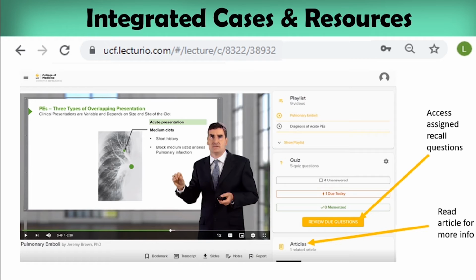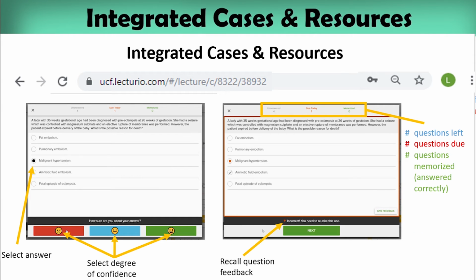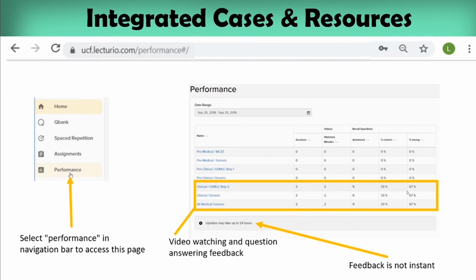At the end of each video, you may also complete recall questions to test your knowledge as well as read articles for more information about the topic. By answering recall questions and selecting your degree of confidence, you will also help program the system to provide appropriate spacing for repetition. You will also receive immediate feedback on your answers and monitor your progress. By selecting Performance, you may monitor your progress and see how well you are doing on the assigned videos and